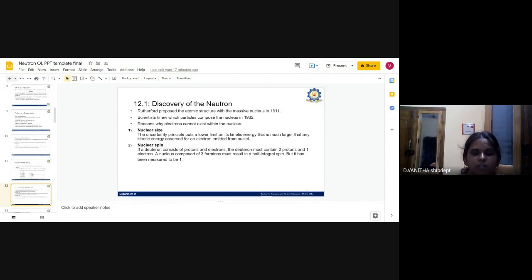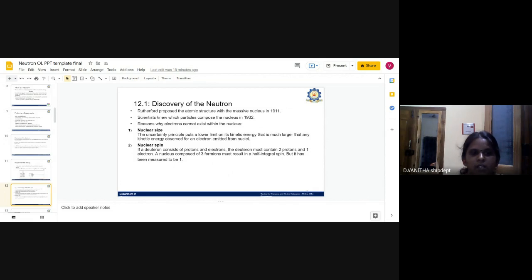Why did they conclude that? Due to the nuclear size. By using the uncertainty principle, which puts a lower limit on kinetic energy,